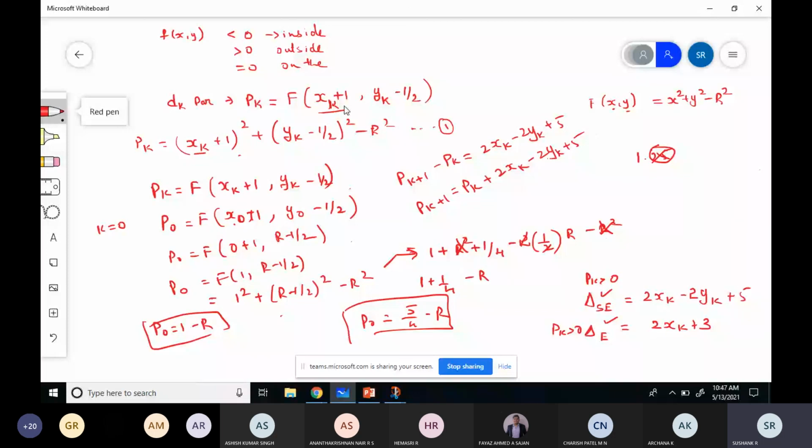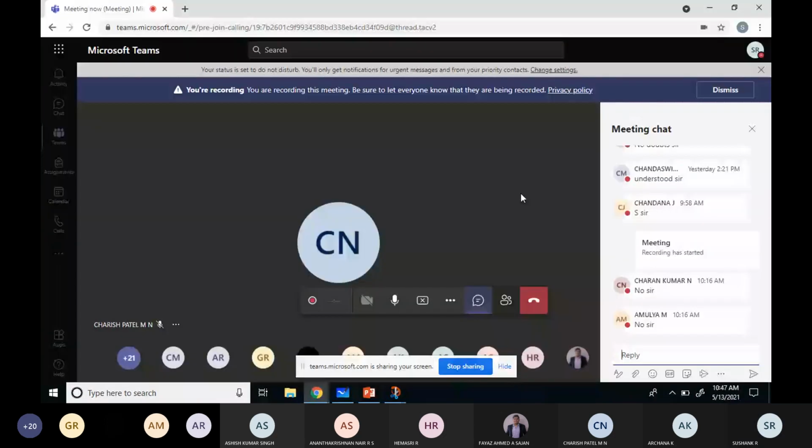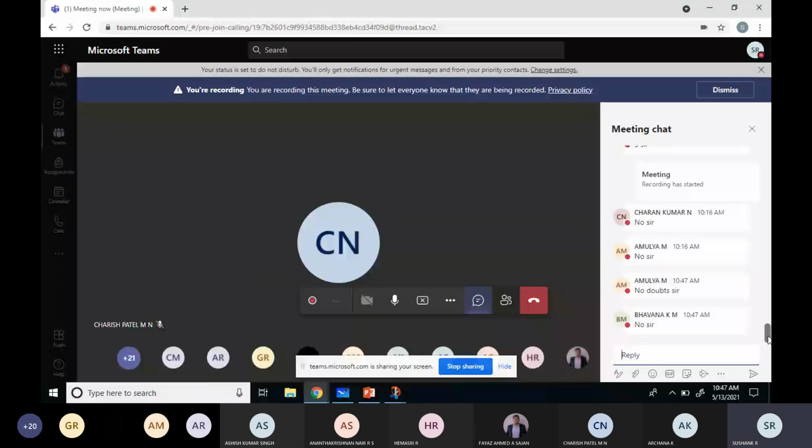So I think I will stop the class now. In the next class we will check any doubts regarding this. Any doubts? Yes or no? Whether it is understood, how the derivations work and how to choose the points. When you choose the points, how the y value will change. We'll do the algorithm steps and one problem in the next class. I'll stop the class now.